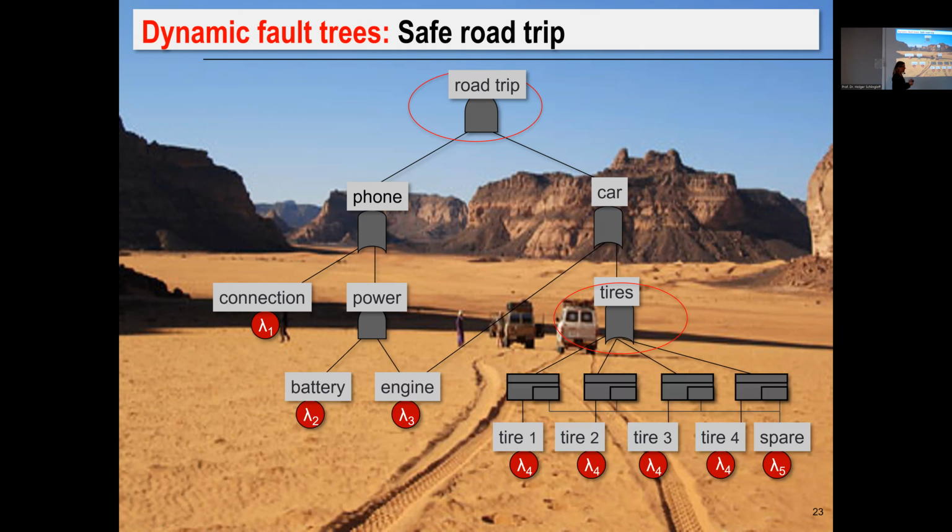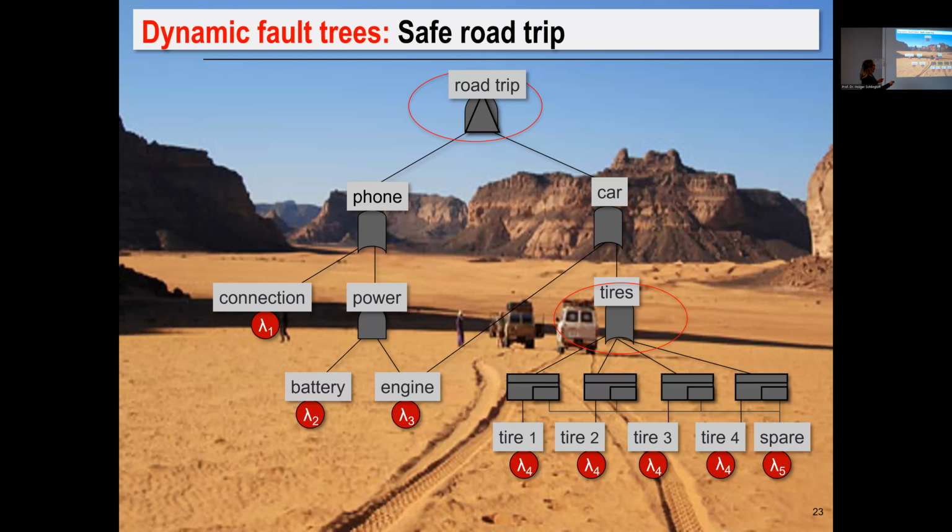It's not an AND gate per se, because your road trip only fails if first your phone fails and then your car fails. If your car fails and then your phone fails, it doesn't matter, because you have already used your phone to call a road service. So it's only in this order. This is modeled by a PAND gate, a priority AND gate,